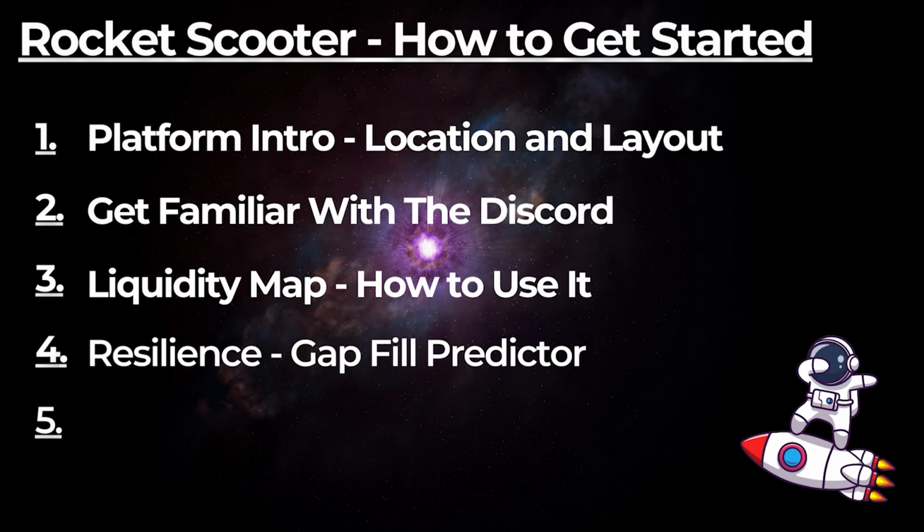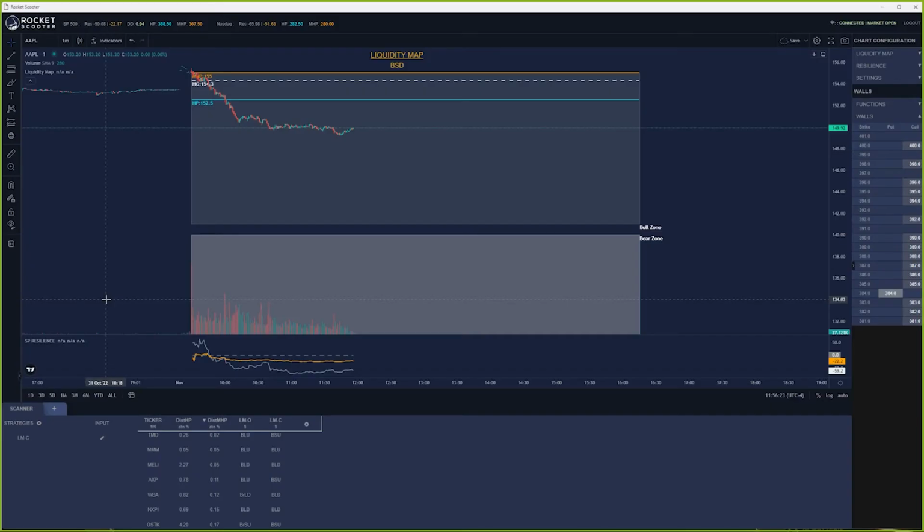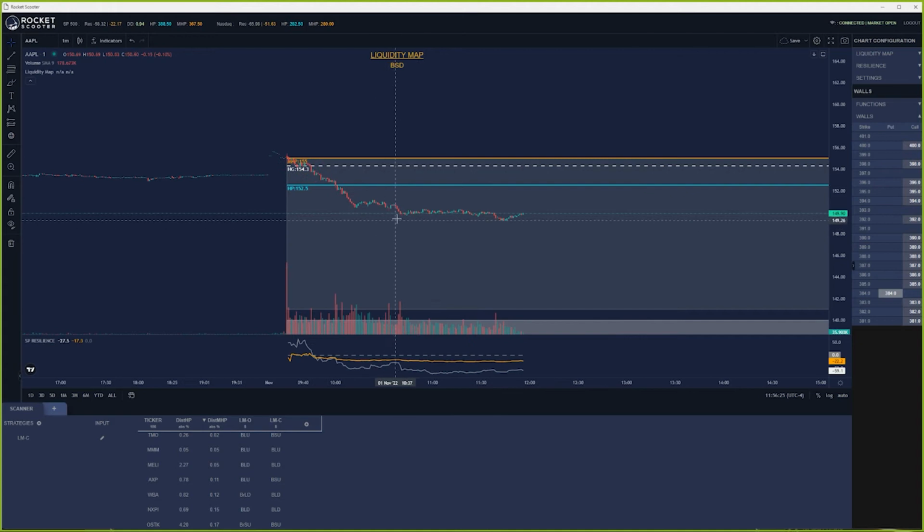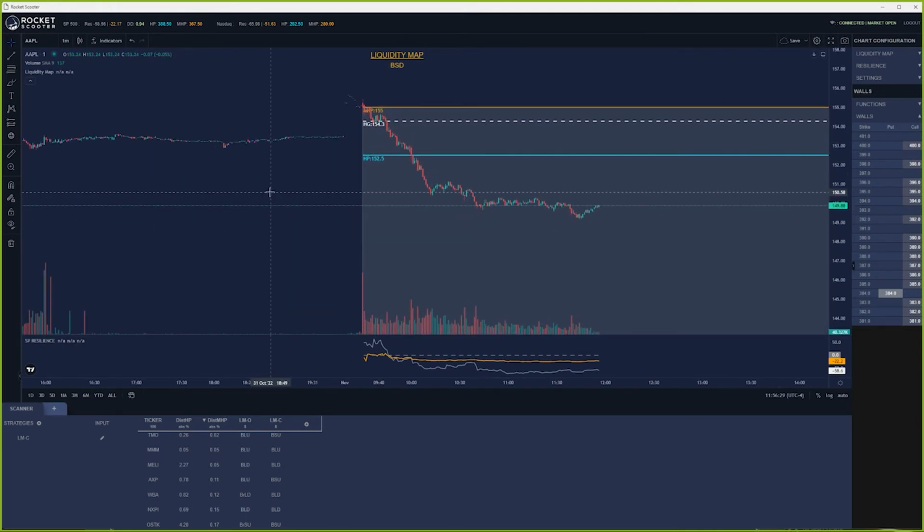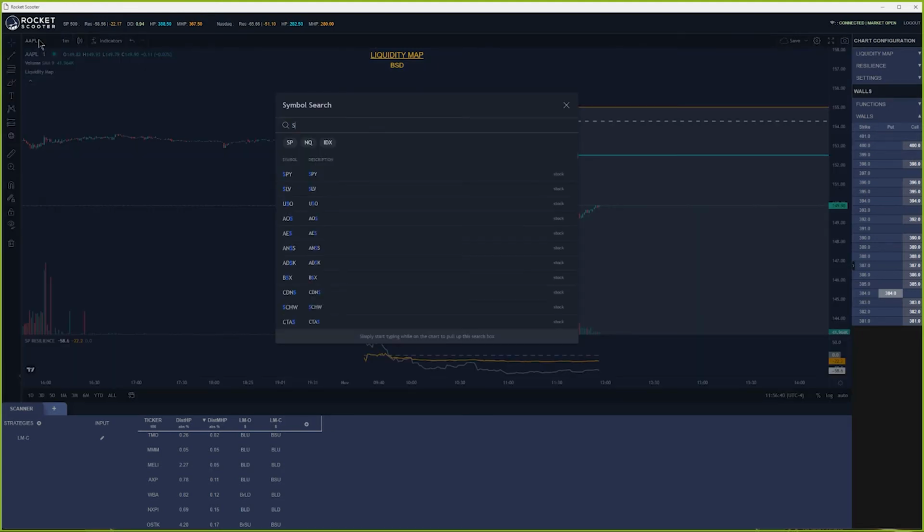Okay. The next indicator you may see that loads up is called resilience. Resilience is a fantastic tool. It is a forward-looking predicting indicator that will predict if the S&P's gap will fill or not. We have one for the NASDAQ as well, which will likely do the same thing when you put it on your chart for the QQQs. If we do SPYs, for instance,